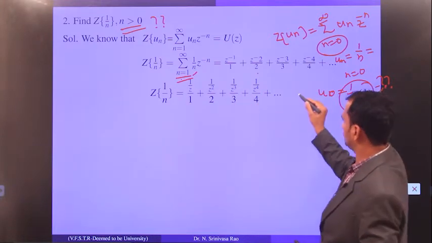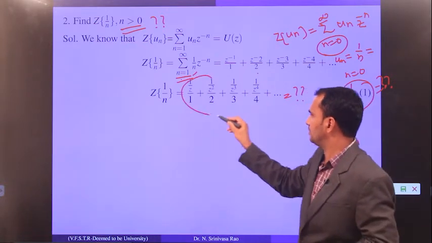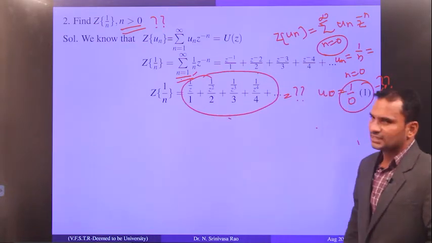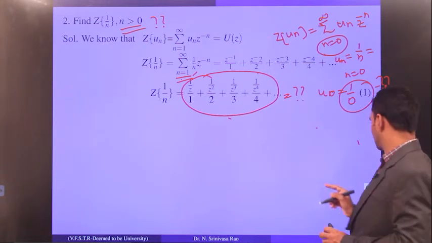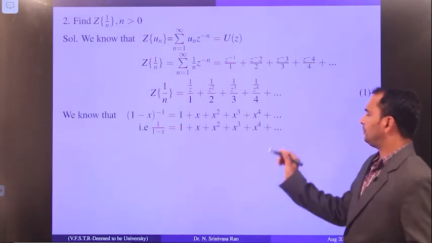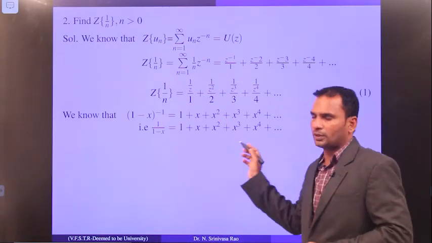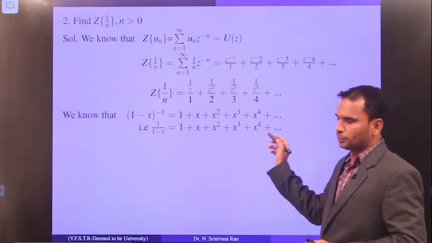And plus so on. Now the question is how to replace this with an infinite summation. That is the reason why I have told you again and again, you have to read all those infinite series formulas. So now how to replace this? For replacing this, we are going to provide one formula, and we are also going to prove it.